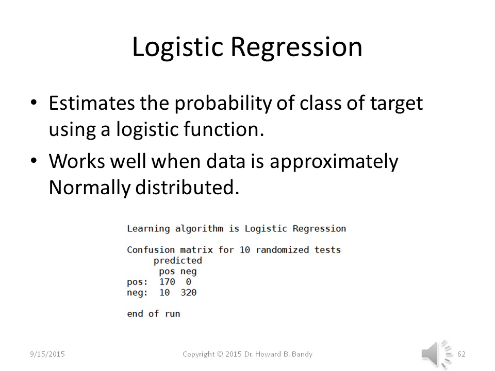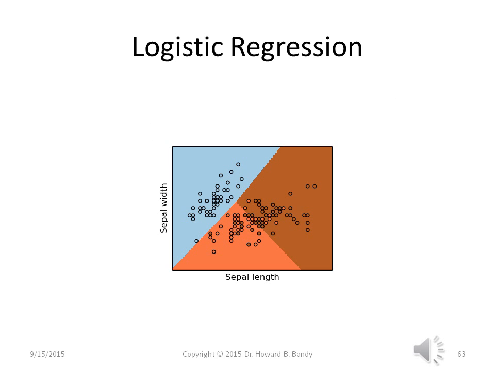Logistic regression estimates the probability of the class of the target using a logistic function, and that's the S-shaped function that looks like softmax if you've read my mean reversion book. And note that there are 10 off-diagonal elements, and this is how logistic regression identifies the boundaries between the 3 categories. They are straight lines in this case, but they are not perpendicular to the axes.